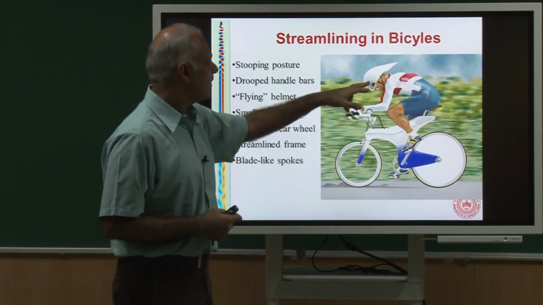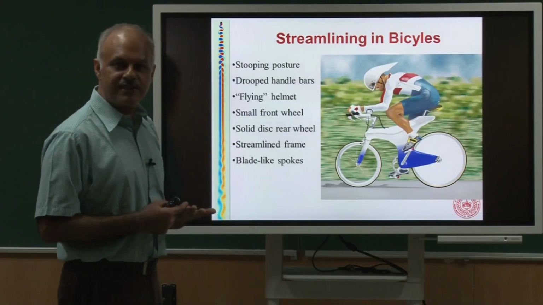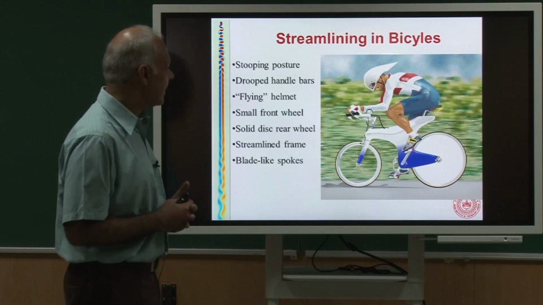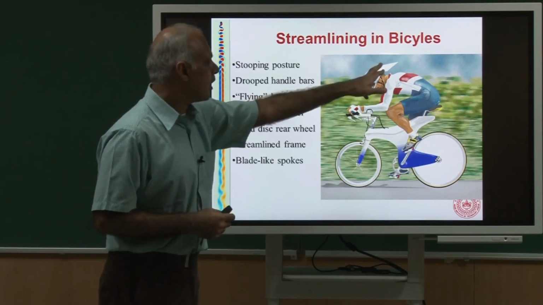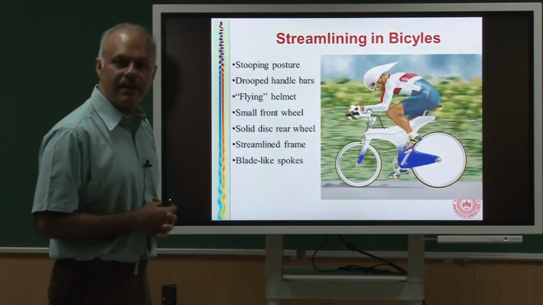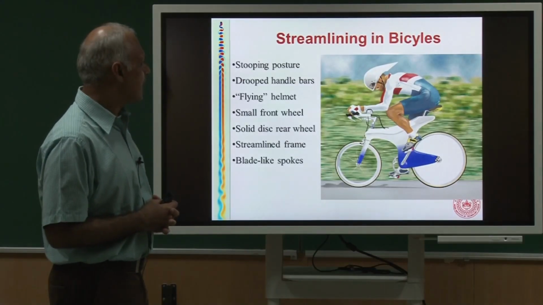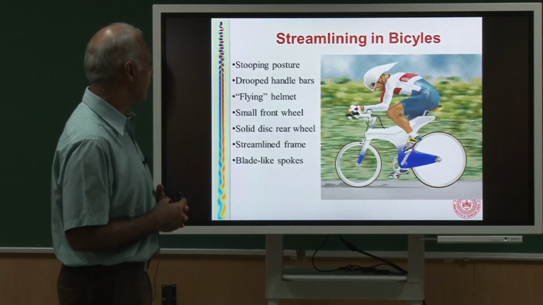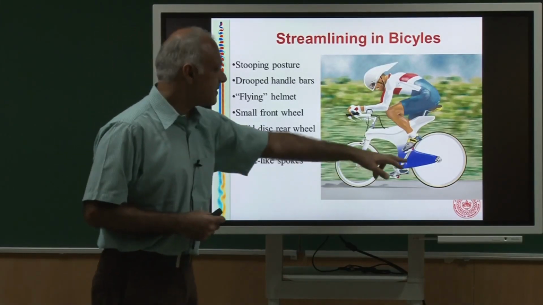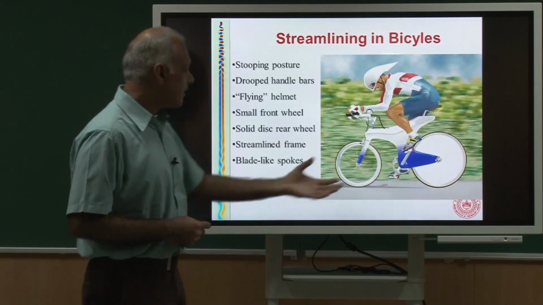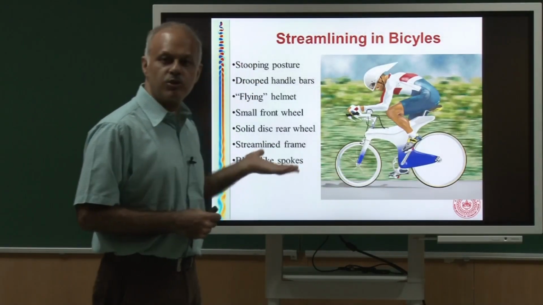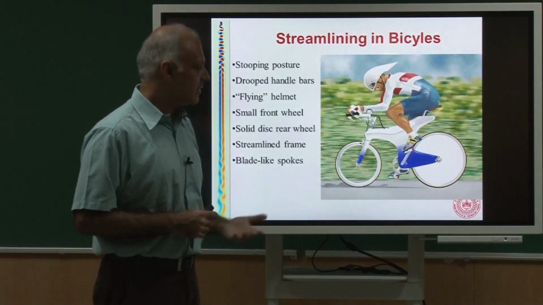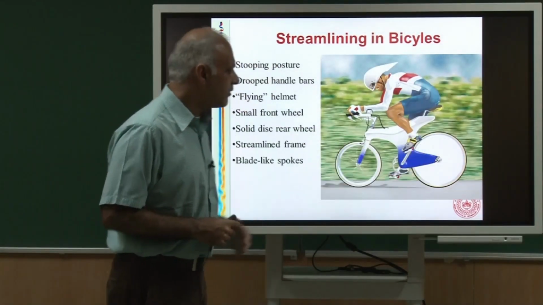The helmet. So there is a helmet that you need for safety, because if you fall down you should not get a head injury, which is very dangerous. But then you also append a streamlining effect to it, so that the whole body becomes one body and you have little drag. Notice the wheels. We would actually like to have solid wheels. As I showed you in the previous slides, spokes generate enormous amount of drag. So you have covered the wheel.